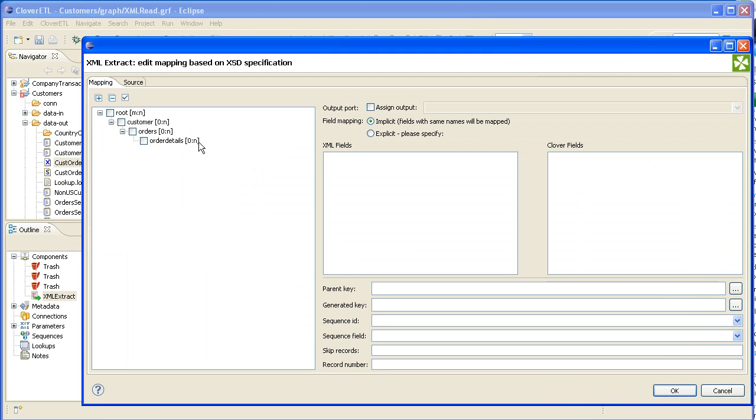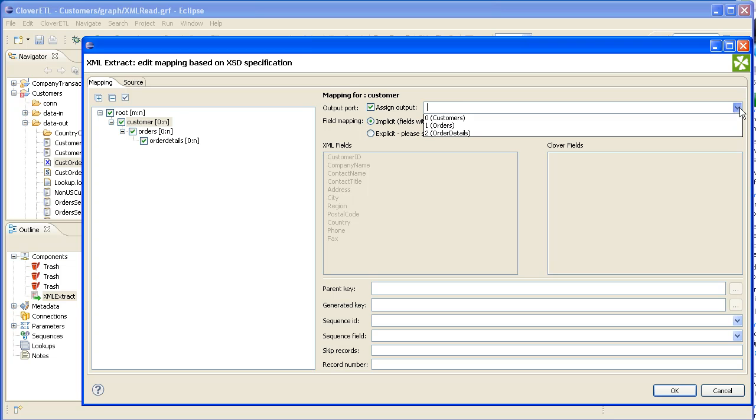And this has parsed the XSD and broken out the customers, orders, and order details. So what I can now do is say which components I'm interested in. So we're interested in the customer, orders, and order details. So now the way that Clover works is each component gets assigned to an output port from the component. So customer, I'm going to assign an output port, and I just specify here which one. I'm going to have port 0 for customers,